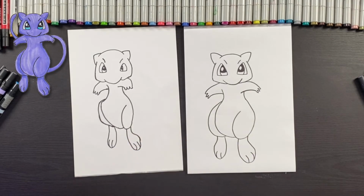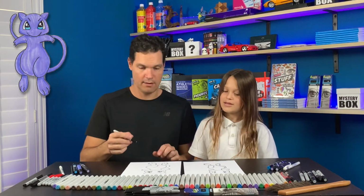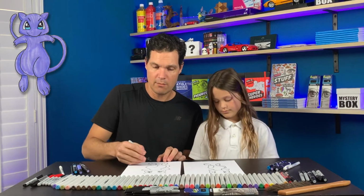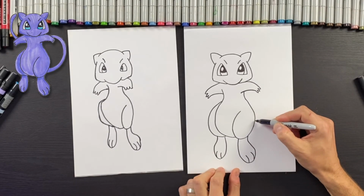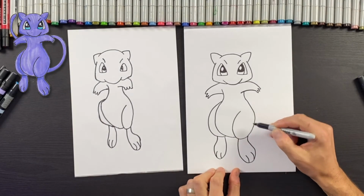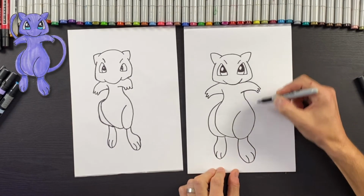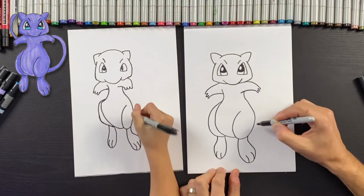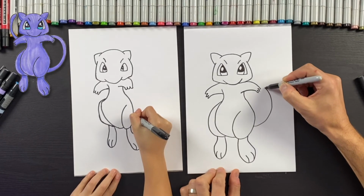All right, and then the last thing we need to do is let's put a tail in, all right? Yeah. So you can make your tail as long as you want. So what I'll do is I'll start right about here, kind of down lower, okay? And then I'm gonna come and kind of come into the arm area here. So I'm gonna go like this, and depending on how much space you have on your page,